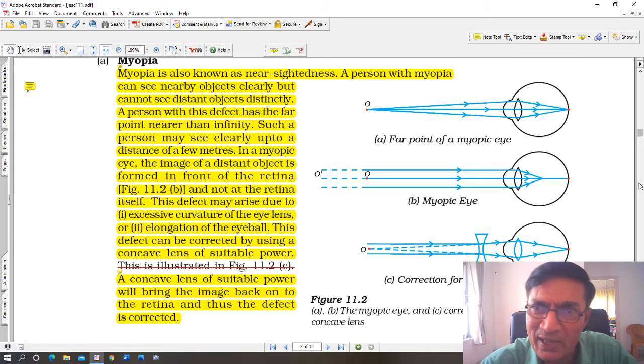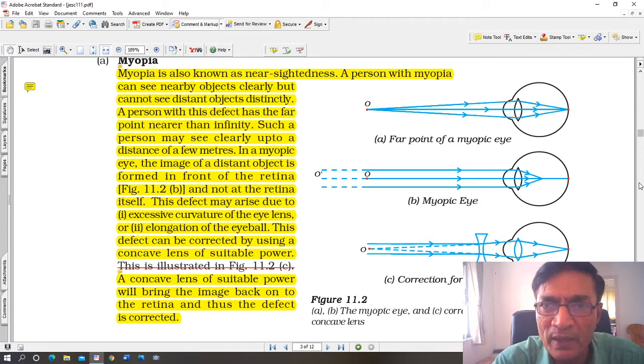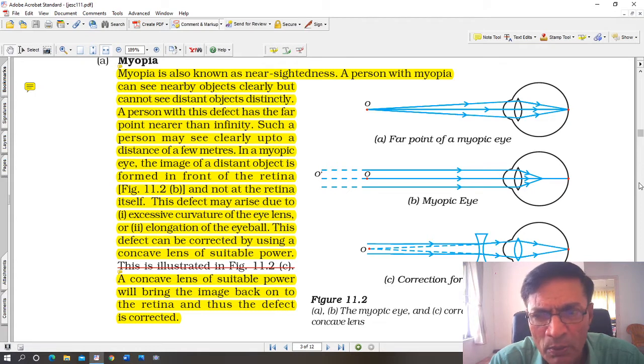So you require glasses, and those glasses are concave lenses. Alright, such a person is supposed to be suffering from myopia. The scientific word is myopia. The common word is nearsightedness. You are able to see near things quite clearly, but not far away. So here you can see the first case, a normal eye. In a normal eye, the object O and its image is formed perfectly on the retina, absolutely perfectly, and a sharp image is formed.